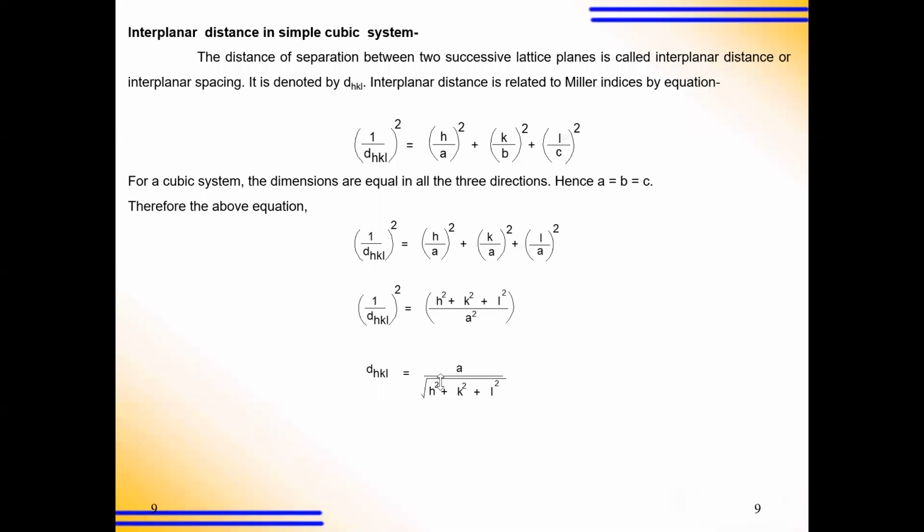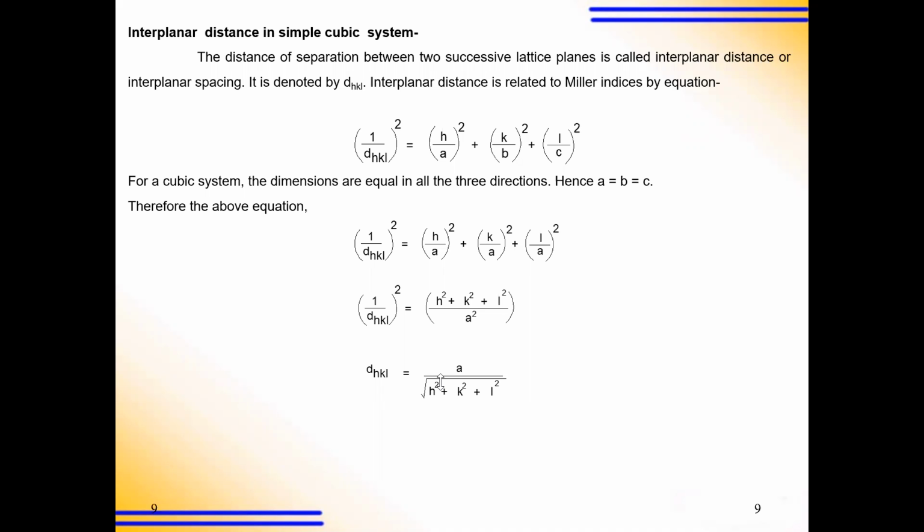Then the third example: d1 is equal to a upon root 1 square plus 1 square plus 1 square. So it becomes a upon root 3. So this will be the different